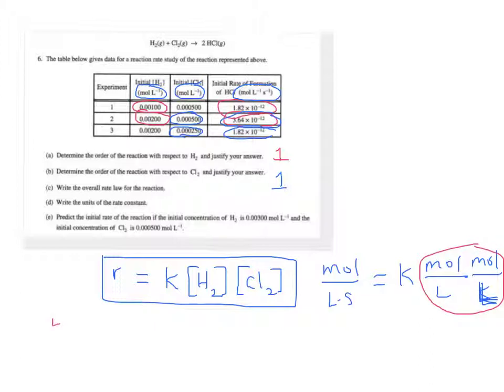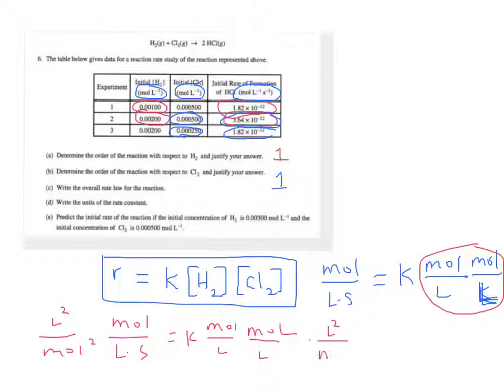So we get liters squared over moles squared times mole over liter second is equal to K times mole per liter, mole over liter, times liter squared over moles squared. So this all cancels. One of the moles cancels on this side, one of the liters cancels on one side,